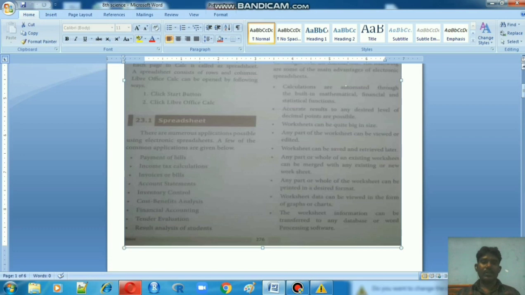That worksheet can be saved and retrieved later. After completing your worksheet, you have to save everything in your computer. After that, you have to view and display all the details. That is also possible in that worksheet itself. Next, we can display existing documents and existing files in a worksheet itself. Already I saved, sir. Is it possible to open that in LibreOffice, sir? Yes, that is possible to open in LibreOffice.